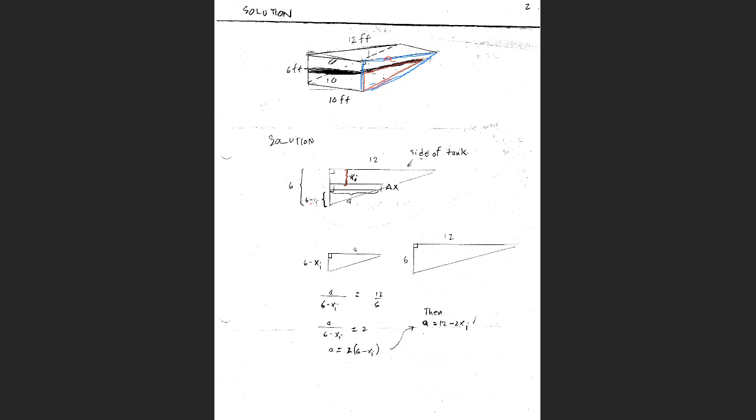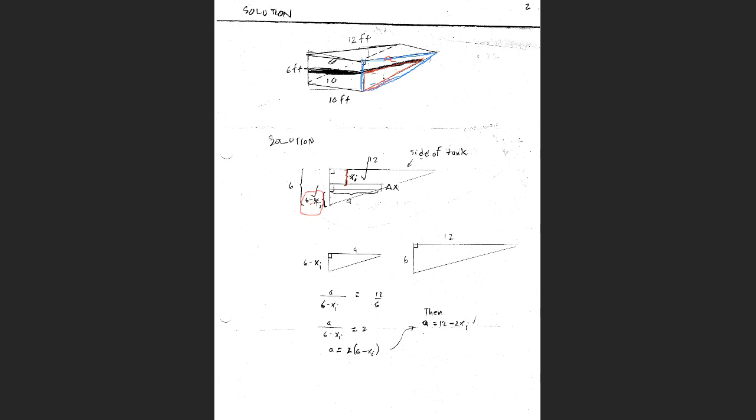One moment, Samuel, I know you have a question. This is 6 minus xi. So for some random layer of water, the layer is xi feet from the top of the tank, and therefore it's 6 minus xi feet from the bottom. We can look at this red triangle as having height 6 minus xi